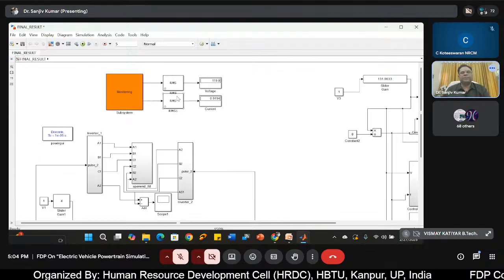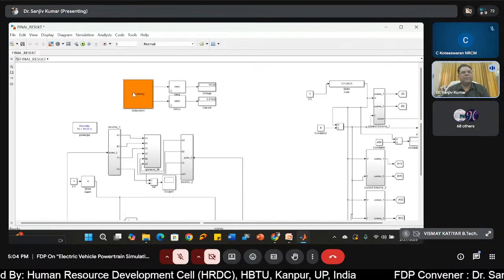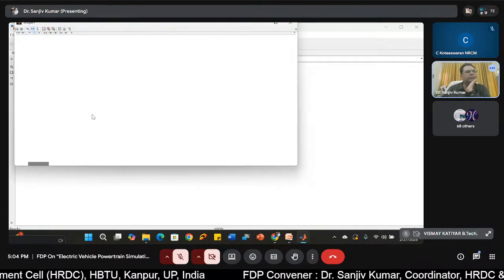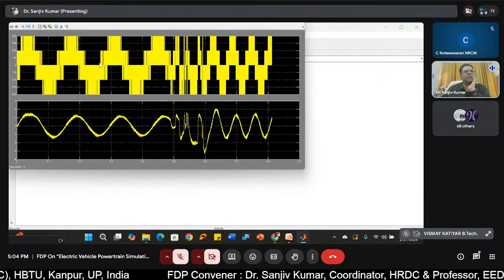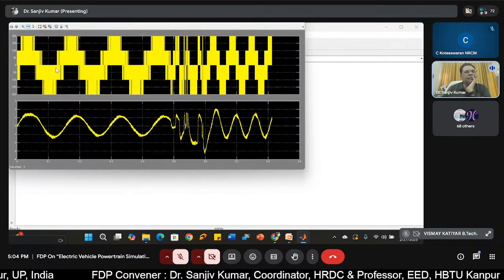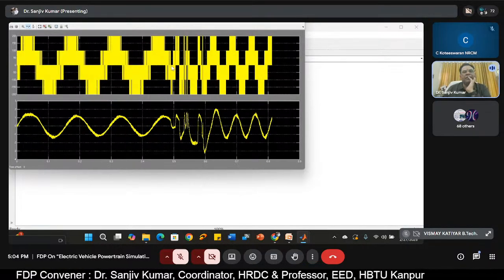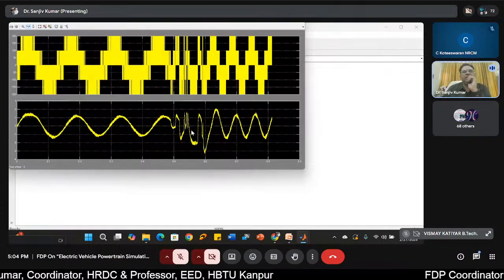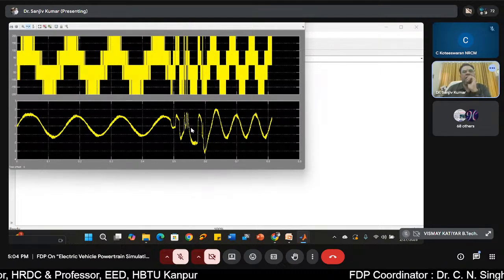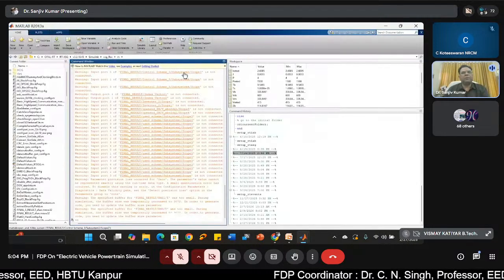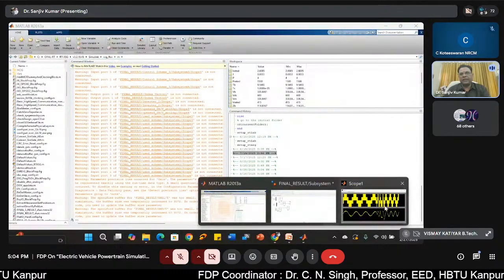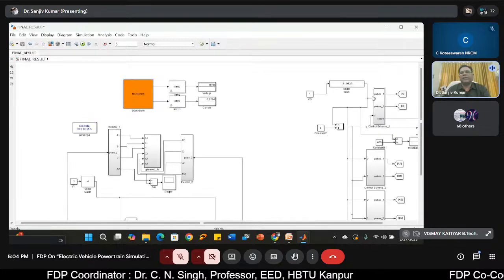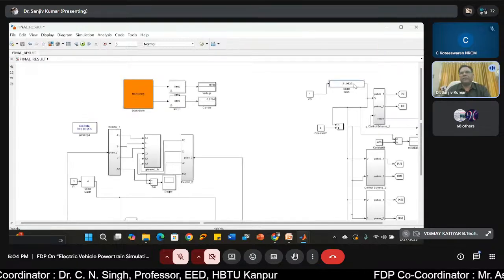Clear? Now, just see the voltage. This is the voltage. Here, if you remember, I was changing the modulation index, so the transient state is also showing. It keeps on changing. Now I am going to take the modulation index high. For that, I am giving the voltage as